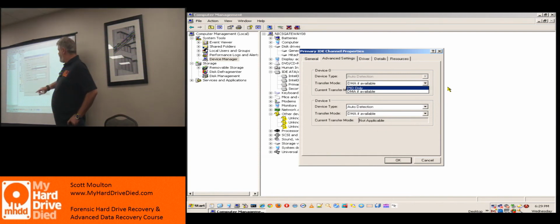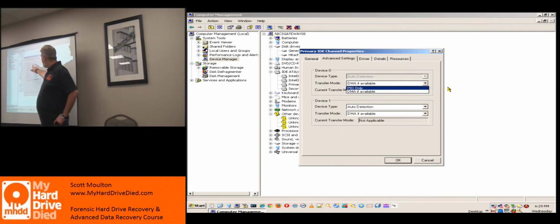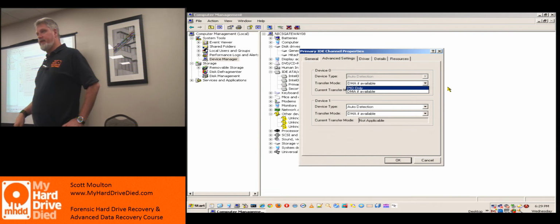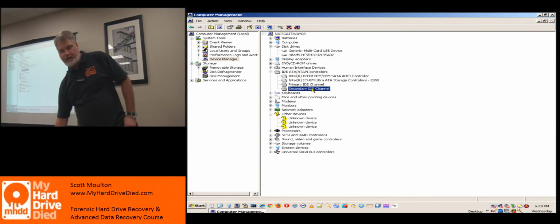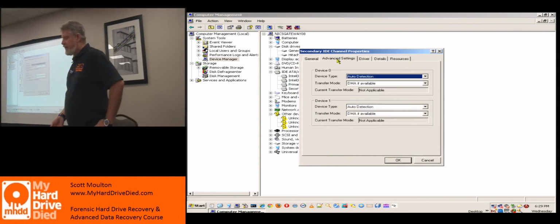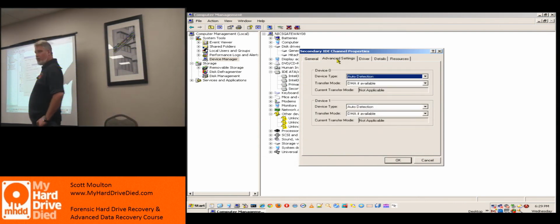So this appears in Windows 95 and later, and from then on we're in DMA mode. So from 95 on, we now have DMA. We can switch back and forth at any time we want. You just can't do it on the primary controller. I'm on the primary controller. Remember I told you, if you have a second SATA controller in your computer, you can do a lot of other things for recovery. You can go to your secondary controller, put it in PIO mode manually, and then try to copy your hard drive, and it might actually work.